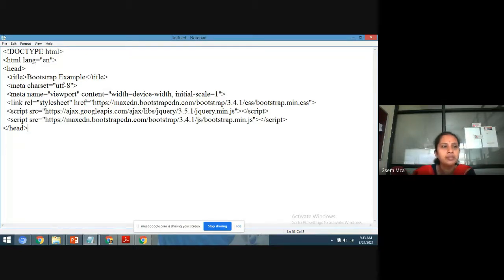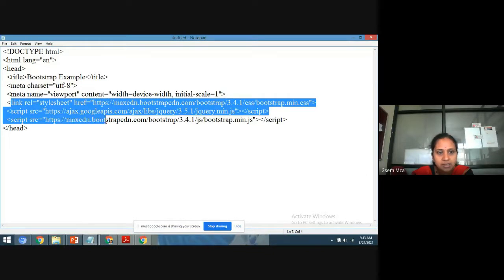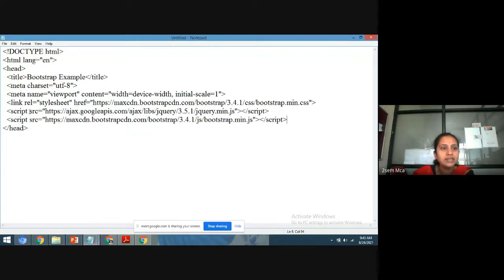Correct, no? Similarly here, to execute a Bootstrap program, first I give the doc HTML tag, the head tag, the meta tag, and these three lines which we need to include to execute a Bootstrap program, in the head tag. After that, now I give a body tag.